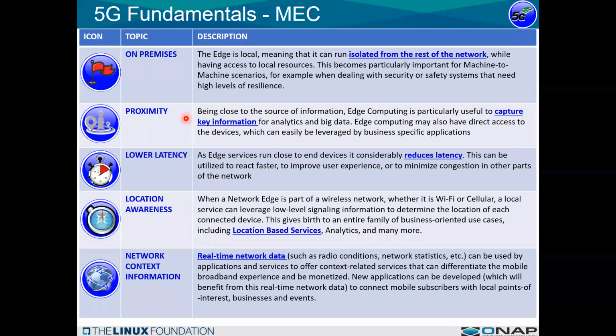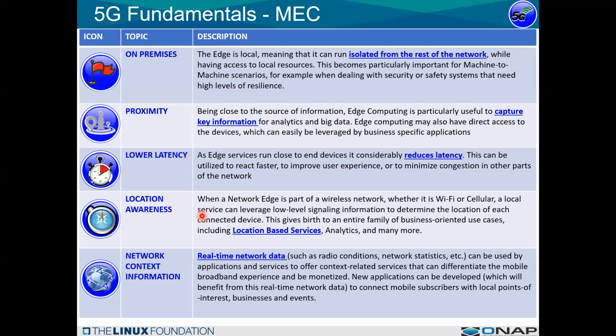Proximity: being close to the source of the information, edge computing is useful to capture information for analytics and big data because you're closer to the actual location where that data is being captured, and the sensors are on site. Lower latency: edge services are closer to the end devices, and that considerably reduces latency. This allows the system to react faster, to improve the end user experience, or to minimize congestion in other parts of the network. And of course,